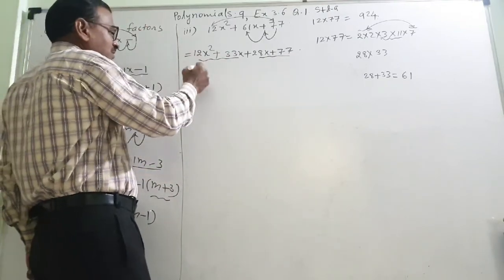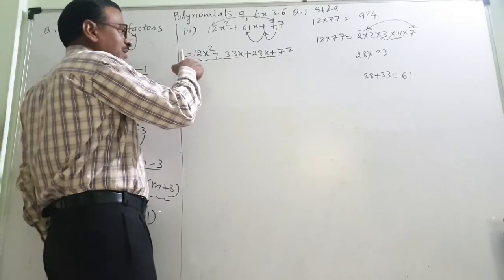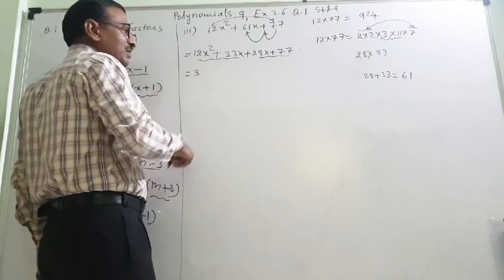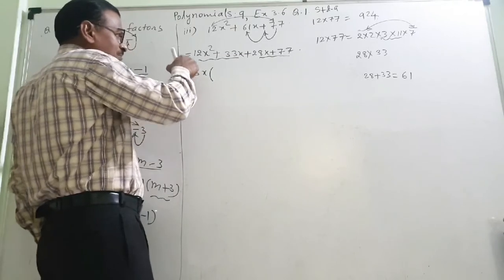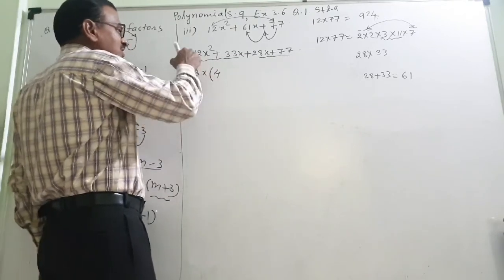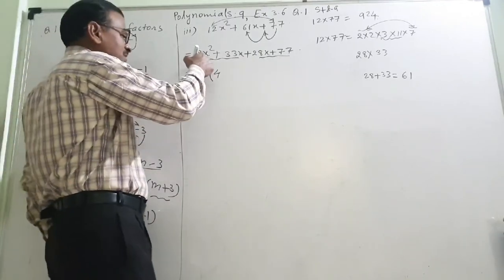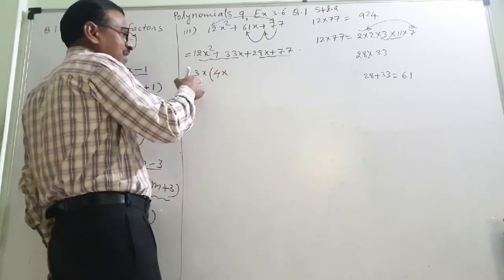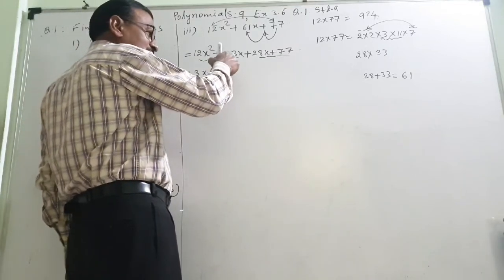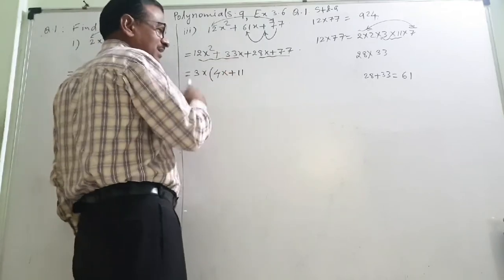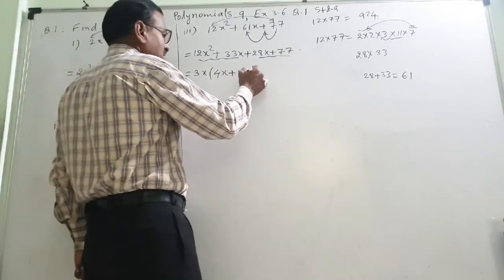So the number which is divisible for both of them, I will have to take. If I take 3 here, by 3 I can divide this, by 3 I can divide this, that means 3 is common. Another x is also common. Now by 3 I am dividing this, 3 fours are 12, because 12 is nothing but 3 into 4. Out of that 3 is taken, 4x will remain, plus. Now this is 11 into 3, so 3 is taken, 11 will remain. Taking common means we have to divide, plus.